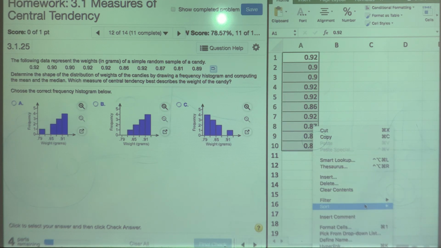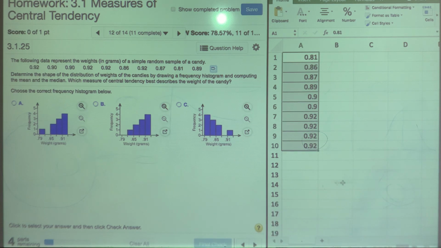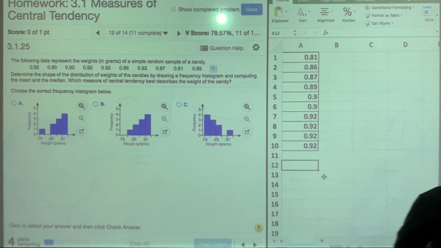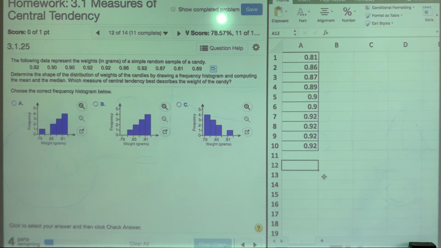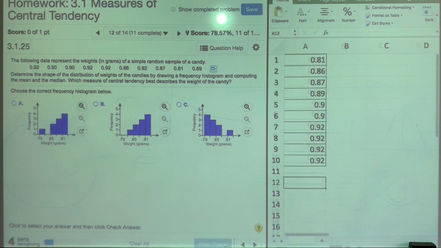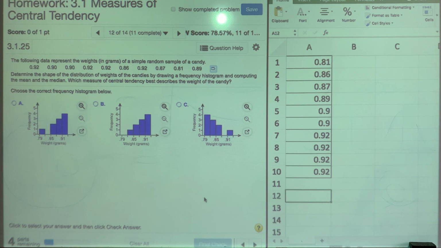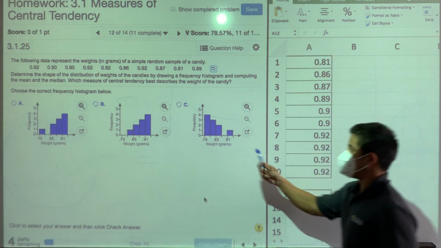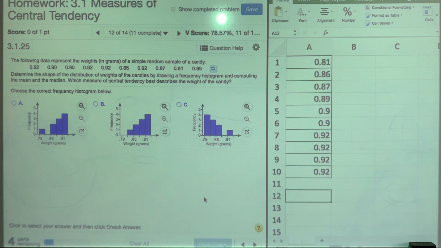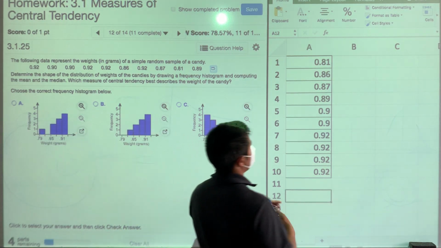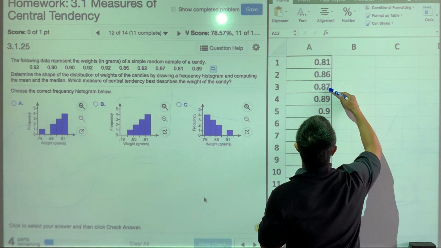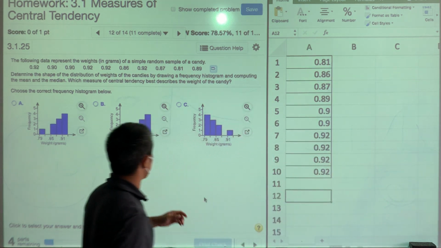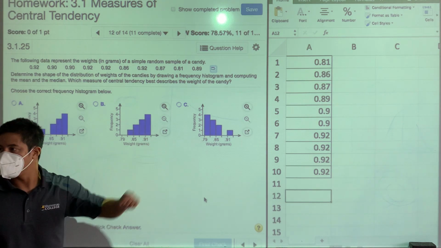I would sort your data smallest to largest. So I would immediately, right off the bat, sort your data smallest to largest. There's a reason for that. Why is it valuable to do that? Because when you sort your data smallest to largest, what does it help you do? It helps you easily build this frequency histogram, right? Because for mine, at least, 0.81, 0.86, 0.87, 0.89, it shows me all my values. It will tell me how to build this, won't it?